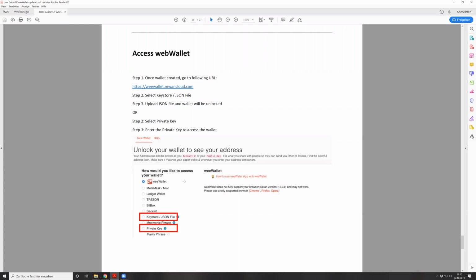And again, you always have to keep in mind that there is no backup for you. If you lose your access to your wallet, and if you lose, in the worst case, your backup key or your recovery phrase, nobody can help you. It's not like if you forget your online banking credentials at your bank, where you pick up your phone and call the banking guy and say, look, I forgot my password, I cannot log in. And then he says, okay, come to me, I will restore you, and then everything is working again. No, you don't have that option here. That means it's really 100% your responsibility,